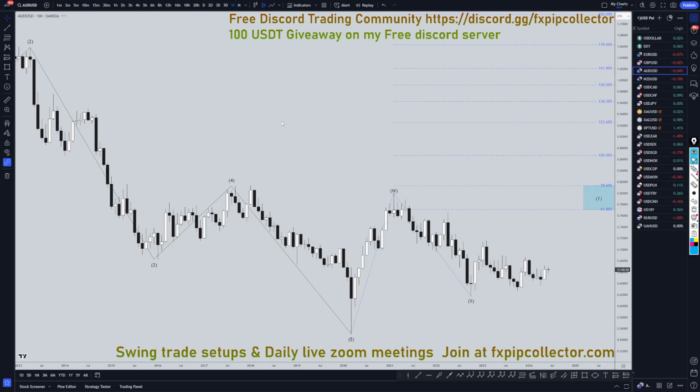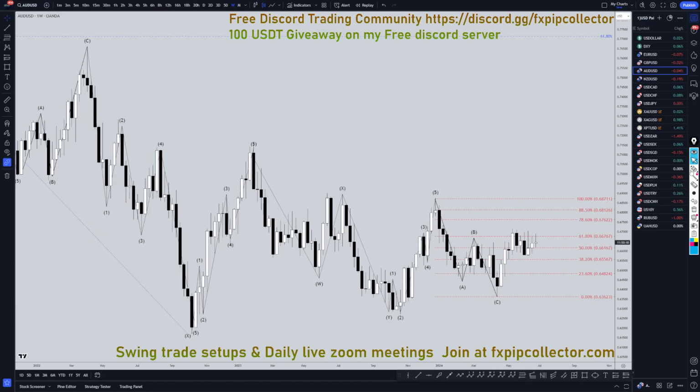So heading down to the weekly time frame. On the weekly time frame, I'm definitely still looking at this. First of all, as an A, a B, and then I think this is a 1 of C. I think this is an ABC, 2 of C. I personally think this higher weekly time frame is going to continue to make higher highs, higher lows for a wave 3 of wave C, which is a wave C of wave Y.